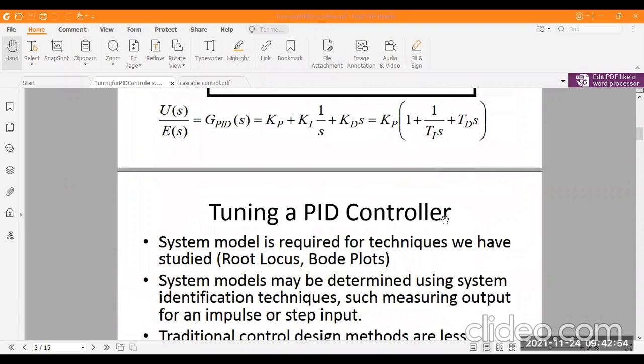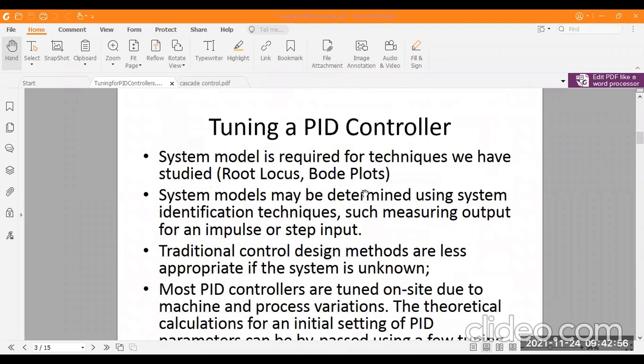So first, let me recall once again. There are various types of controller tuning methods we have to use in our process control industries. Number one, the Ziegler-Nichols method, abbreviated ZN. Number two, the relay auto tuning method, RA.